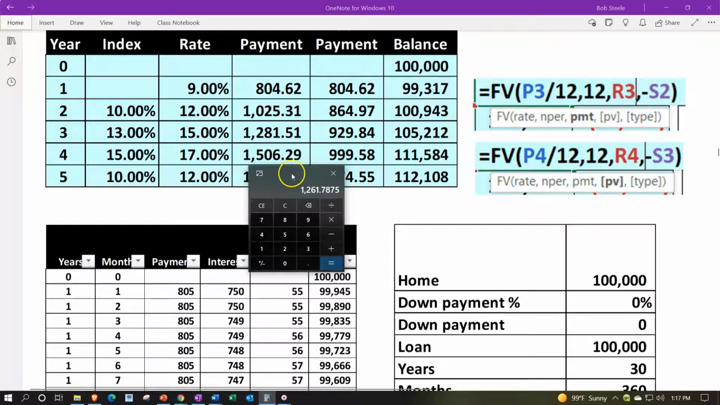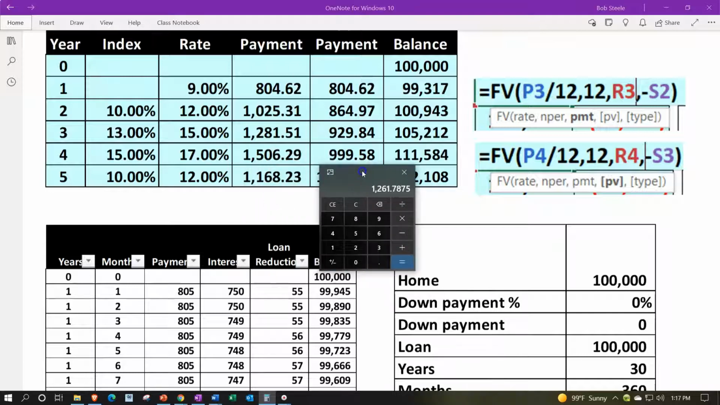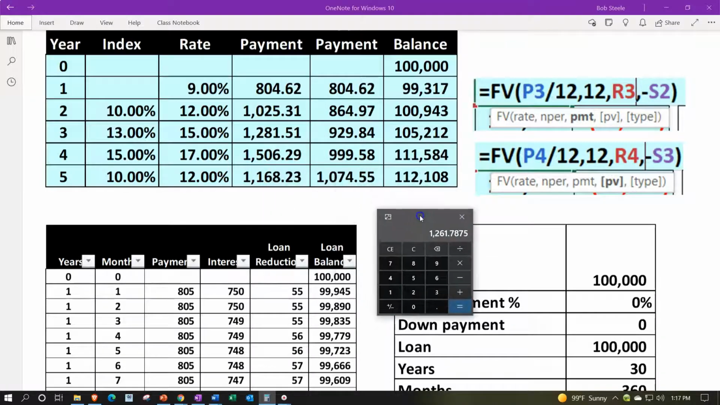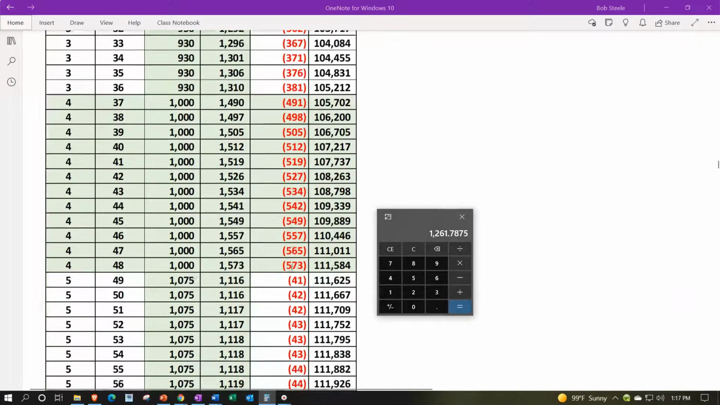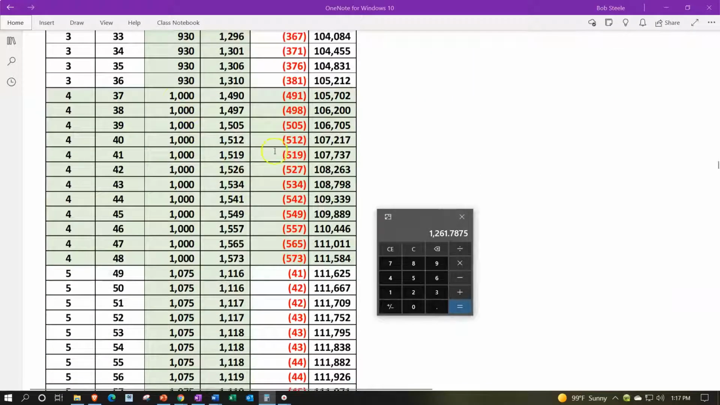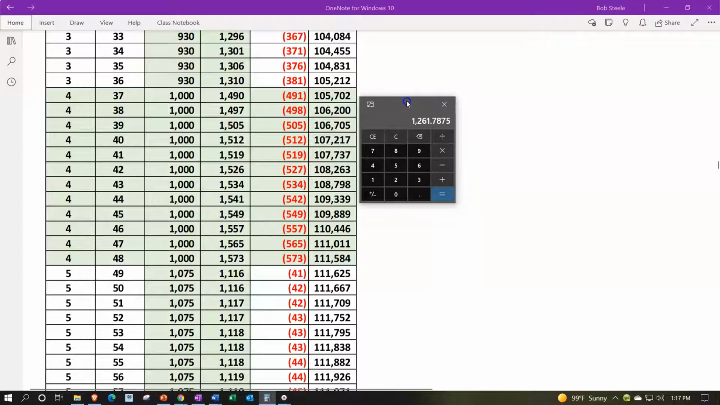So the payment should be at the 1,506 based on that rate, but we capped it at 999 in year 4. So now in year 4, about $1,000 on the payment, and I think what it was at 17. So like the prior balance here was 105,212 times 0.17 divided by 12. So the interest would be about 1,490, but we're only paying 1,000. So now again, the loan balance is increasing to